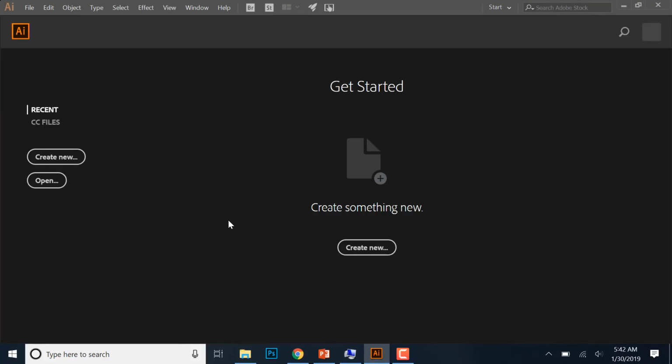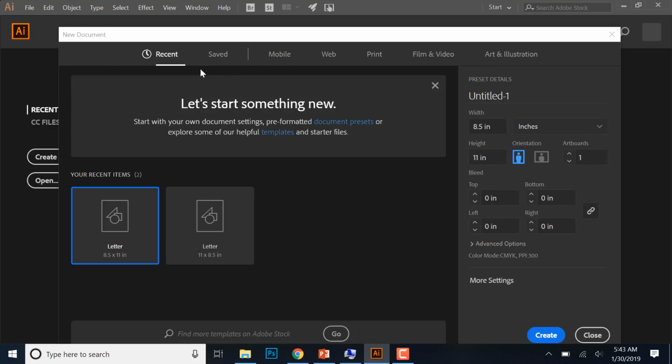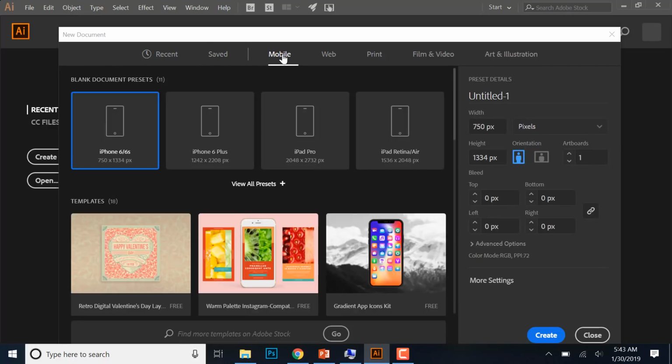Okay, so as you open Illustrator, it's going to give you several options like this. You can do Create New or you can Open. We're going to open some files, but I want to show you what happens if you click Create New. If we were to create new inside Illustrator, you see that there are these options up here at the top. So let's say we clicked mobile. The nice thing is it gives you all these presets of